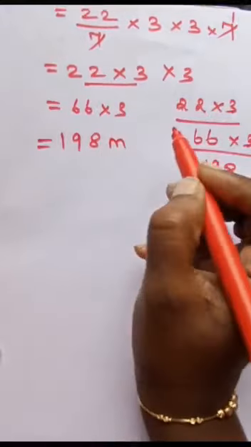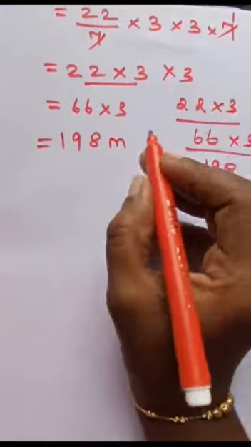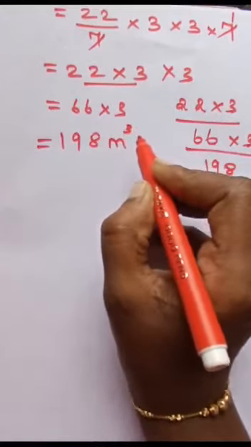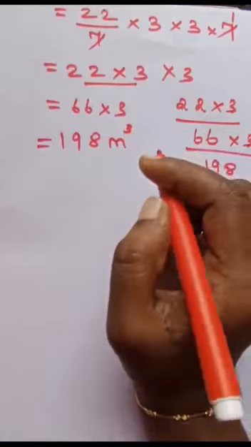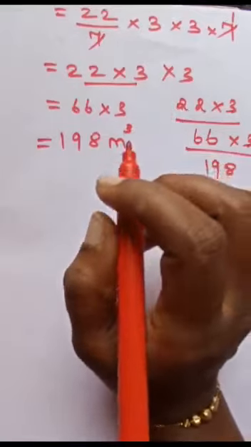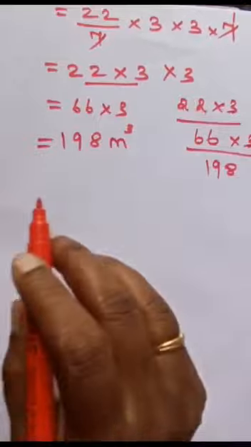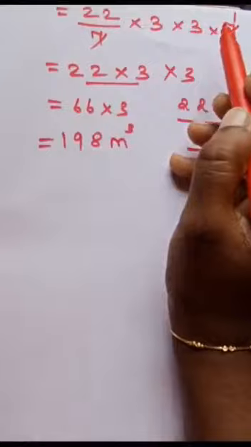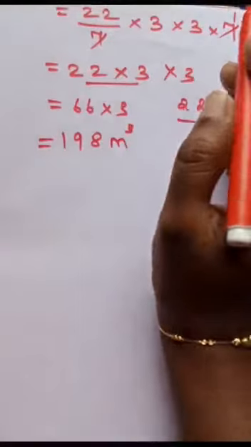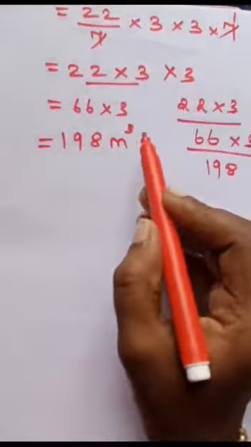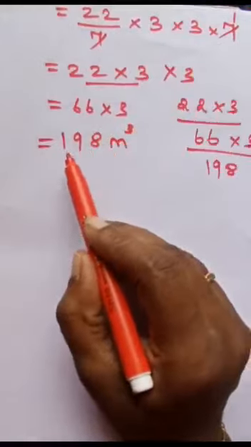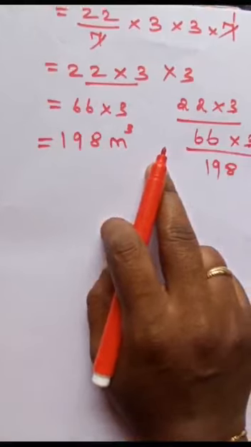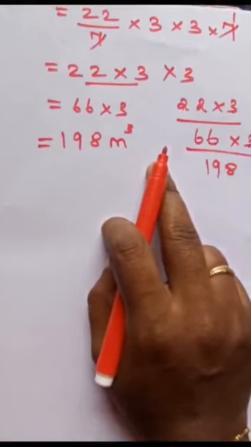Finally, for the volume, when volume is mentioned, what power do we have to use? Not square, cube, right? In volume of cube, what did we write? The final answer is 27 meter cube. Similarly, in the same manner, because radius is given twice, r square, and here you are multiplying the height. You are just multiplying the radius with what? Height. At that time the meter extends, so that is 198 meter cube, because it is what? Volume. Volume unit and formula, you know.